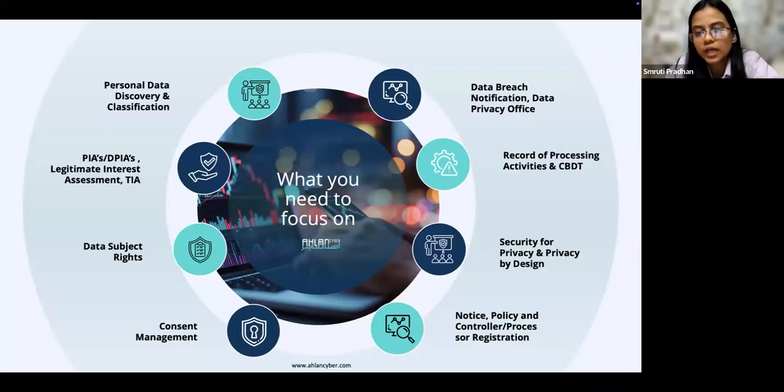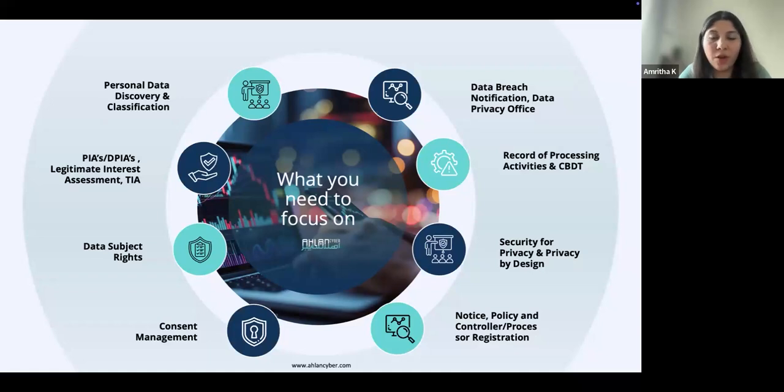The follow-up question, Smriti, is: is the DPO required to be a Saudi national, or is it fine? Okay, yeah. They are not very specific on the nationality. It could be a contractor, it could be an employee. These things are all mentioned in the guideline. They are not specific on Saudi nationality, so that is not yet a requirement. Somebody asked this question right now. That requirement has not yet come up. Maybe it can come up in future, but till now it's not mandatory.